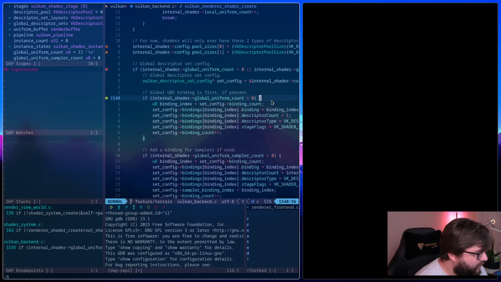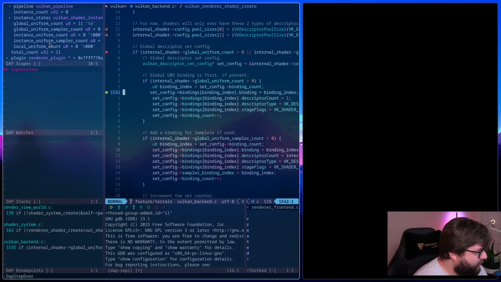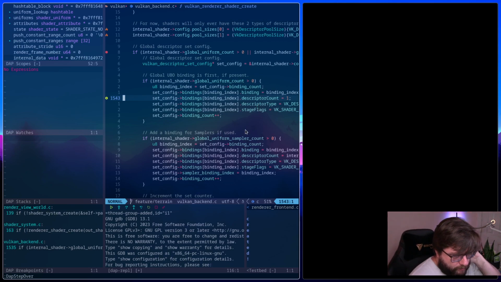Okay, so we do have the right number of uniforms. So we do have a global UBO binding. Binding index at this point should be 0. Yes. Descriptor count, we only have one descriptor.